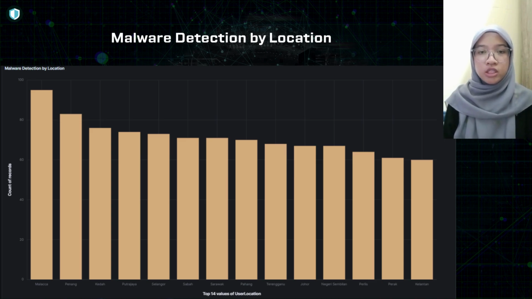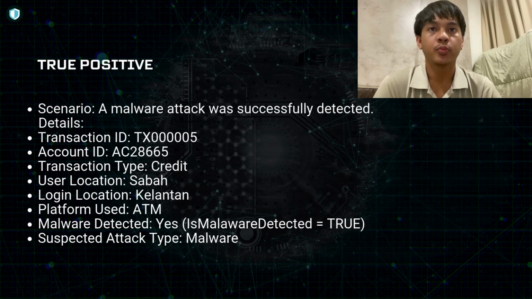a greater risk of encountering a man-in-the-middle attack or malware activity that was designed to capture keystrokes or redirect transactions. And the regions with fewer malware detections may indicate lower levels of cyber threats, but this does not eliminate the risk entirely. Next, we move on to true positive, where in this scenario, a system correctly identified a malware attack was successfully